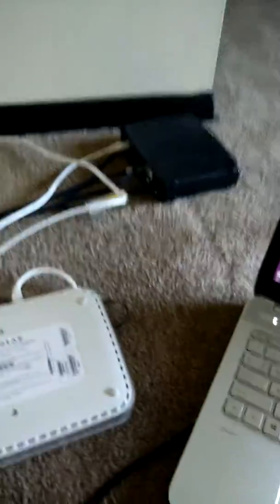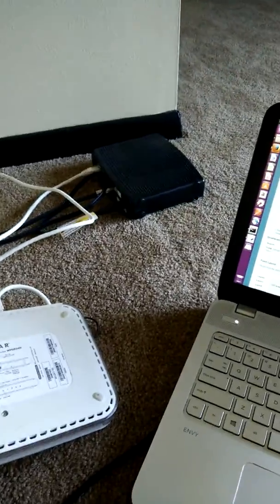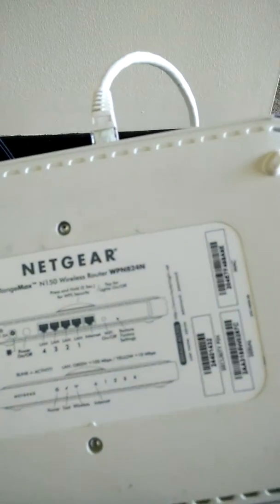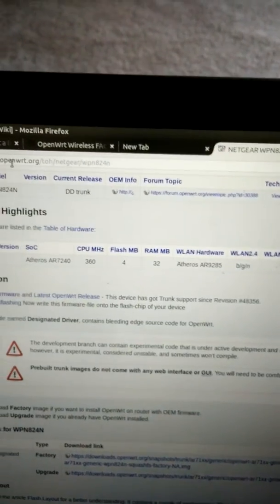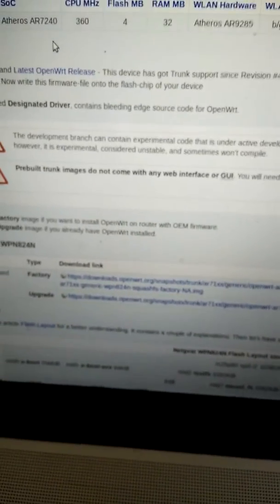Hello, I'm documenting how I installed OpenWRT on my Netgear N150 model number WPN824N router for the first time. These are the steps I took. First, I searched for the terms OpenWRT and my router number because someone had already done the effort. I could see this page detailing how to do the setup in detail, and then I went through the instructions